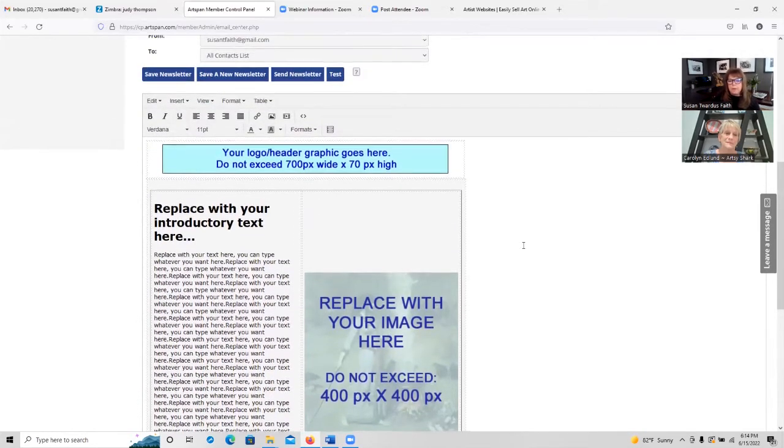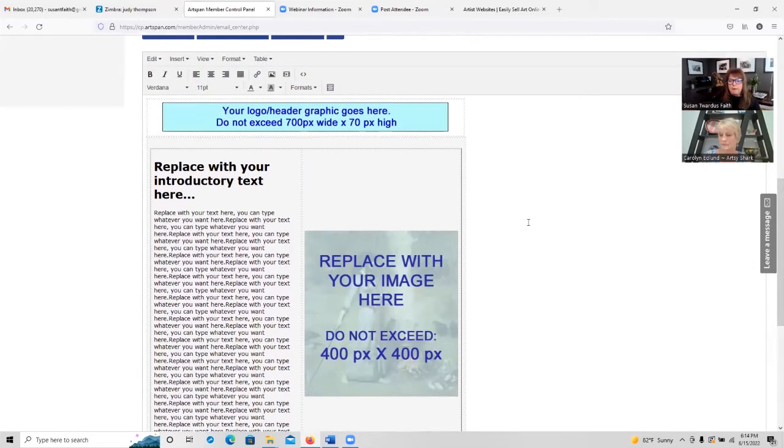And the reason for that is so that when you add them, they will just pop into that space and you do not have to fool around with it. You've just uploaded this huge image and now you've got to try and shrink it, and it moves your text around. And this is where people get most frustrated, because HTML is very finicky. So I suggest resizing your images before you begin.